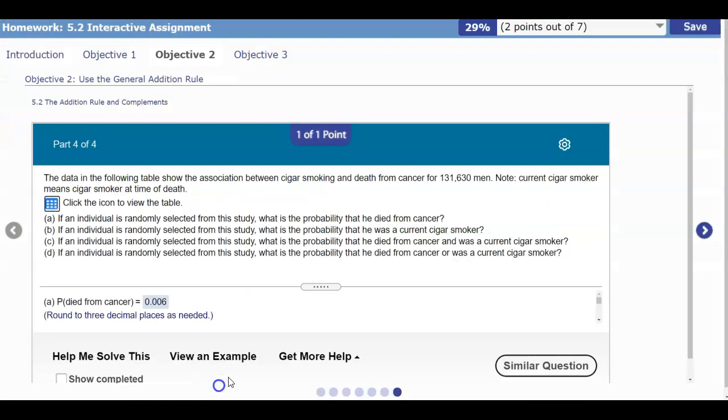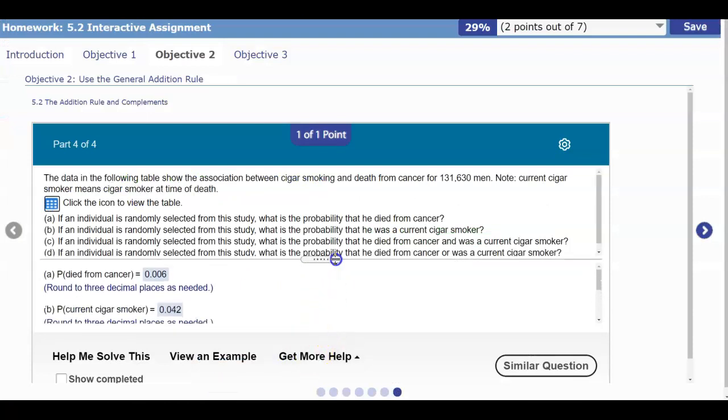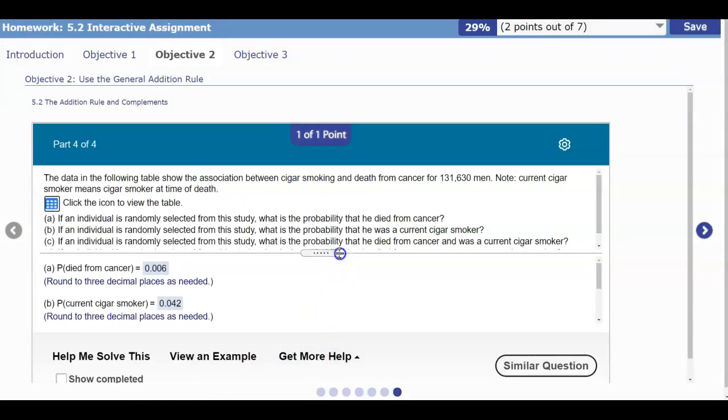And so let's take a look at the next result. So the probability of a current cigar smoker is equal to